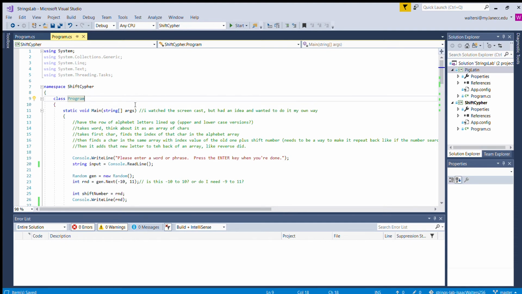Okay, so I'm recording with kind of a weird software, so I won't be able to actually show you the program running, because it will only record this tab of the Strings Lab and the Visual Studio software. It won't record anything else if I open something else on top of it. I'll have to find better